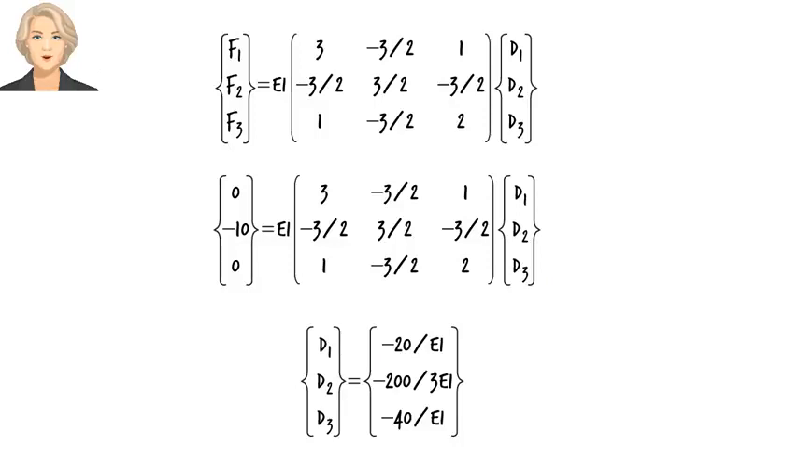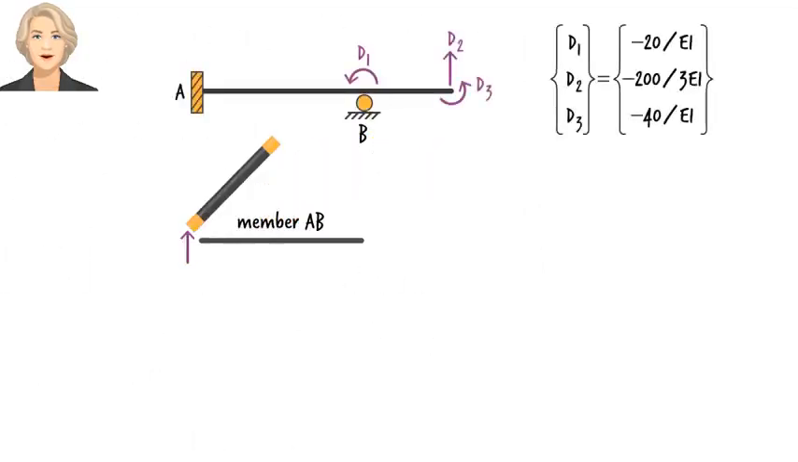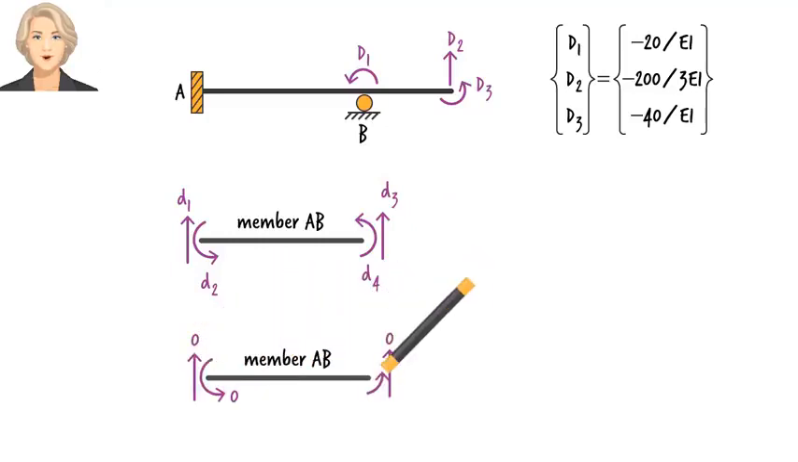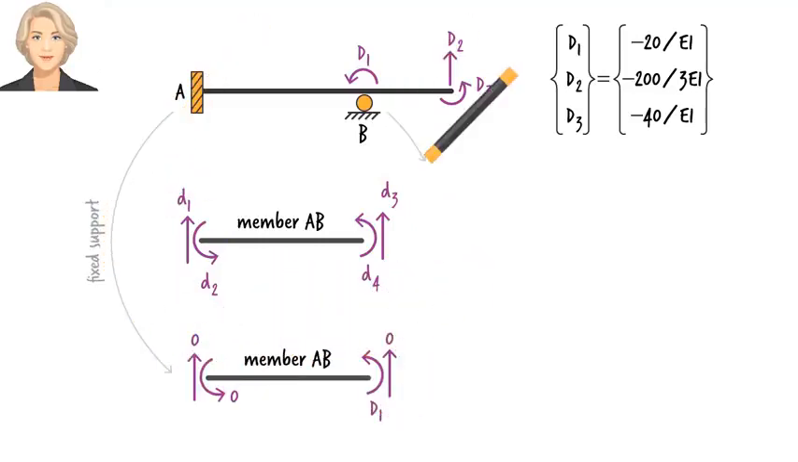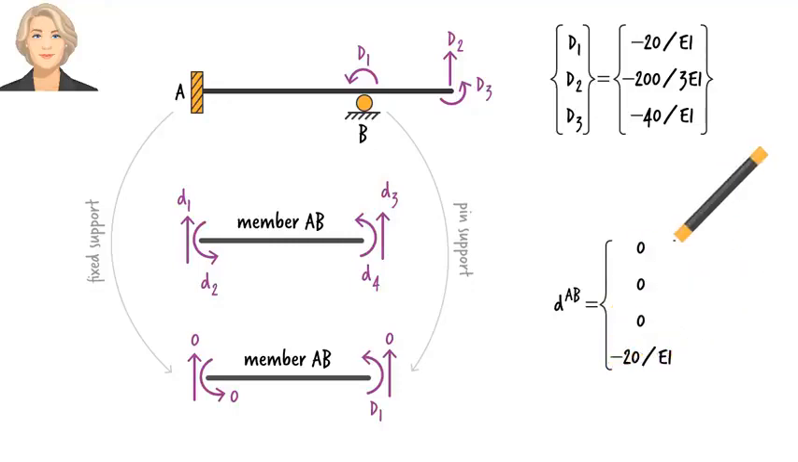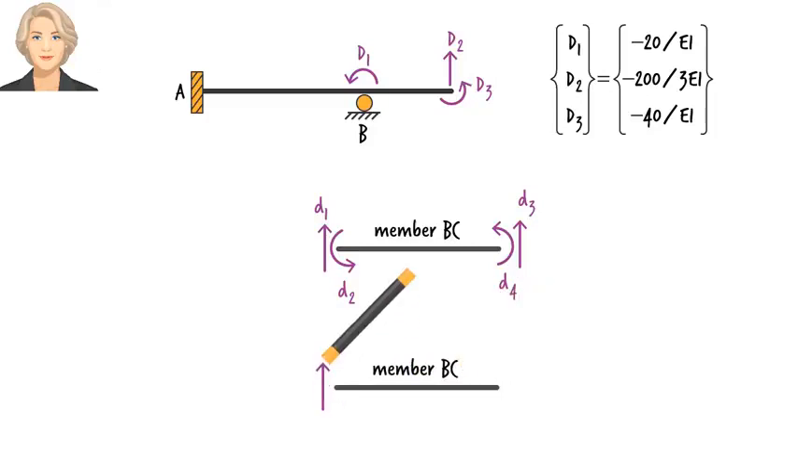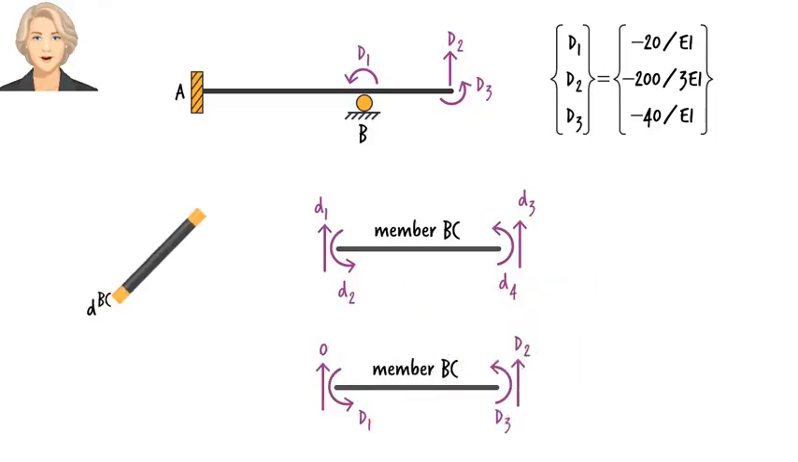Knowing the system displacement vector, we can easily determine member displacement vectors. Member AB has 4 displacements. 3 of them are 0, and the 4th one is the same as system displacement D1, which is the rotation at joint B. So we can write, for member BC, we can write, or